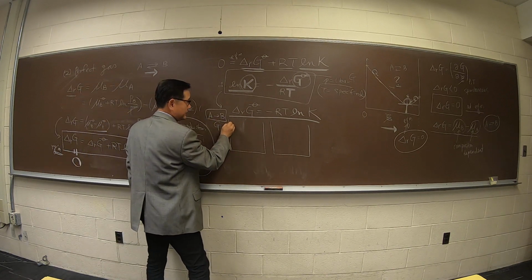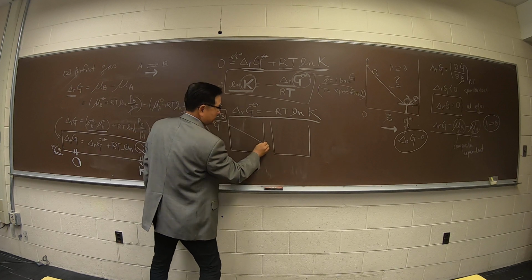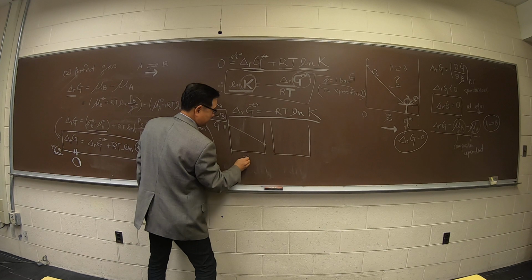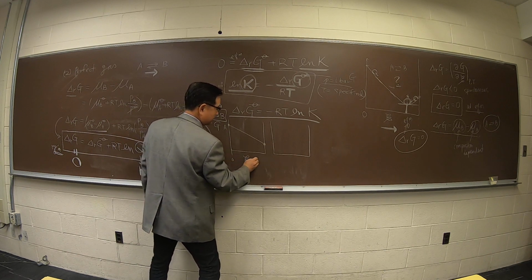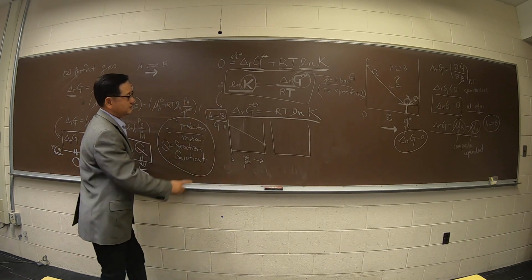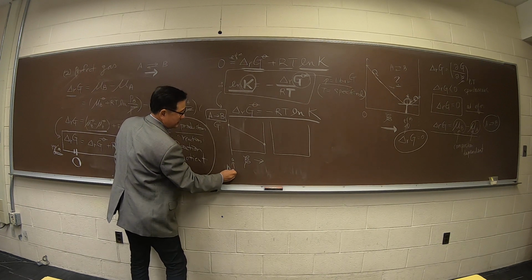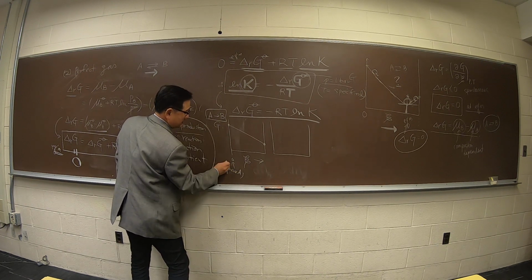So I can put something that looks like that. This is the extent of reaction from 0 to the reaction completion. So in here, you're starting with pure A. And if you have